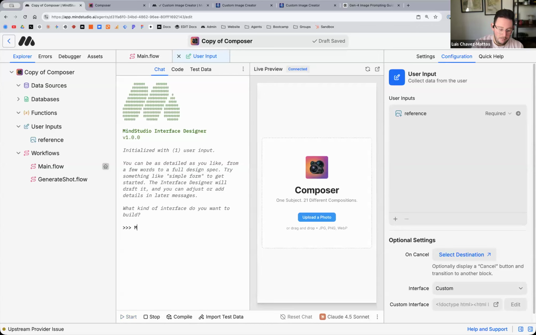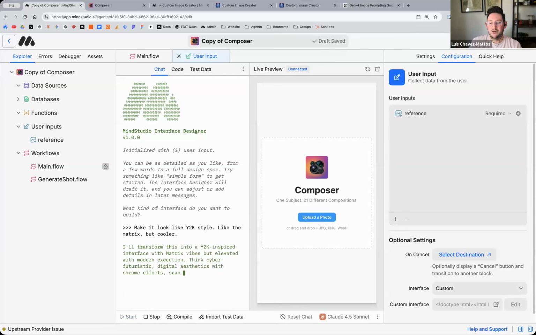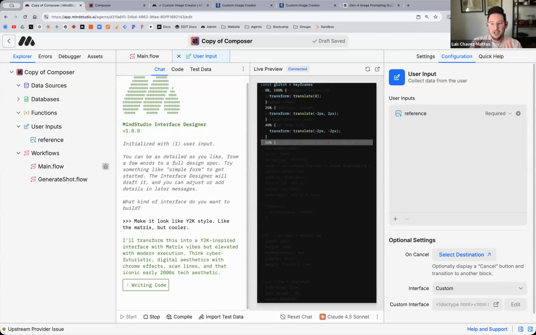Make it look like Y2K style, like the Matrix, but cooler. And we can give it these very general prompts, and it's going to generally figure out what we're looking for